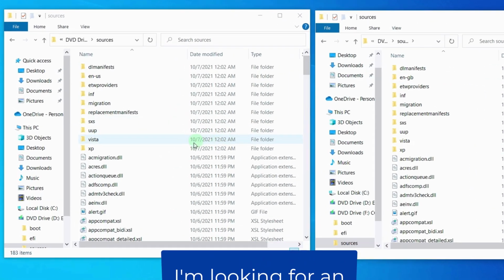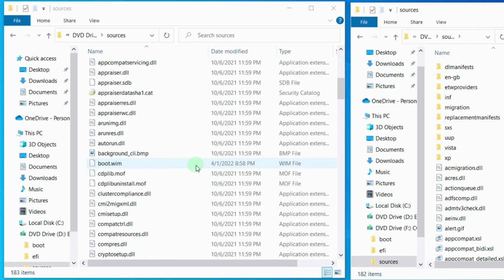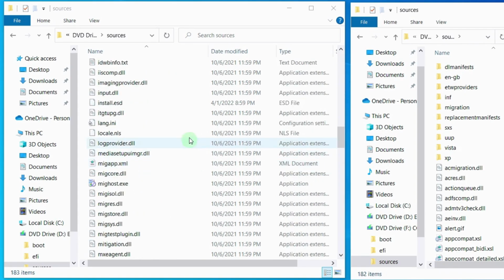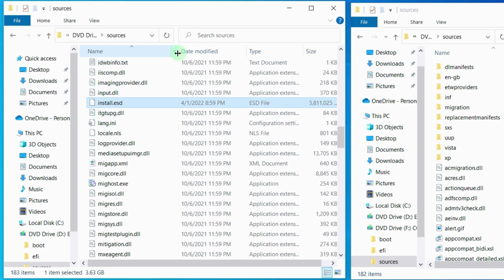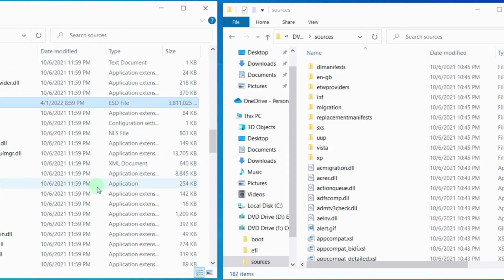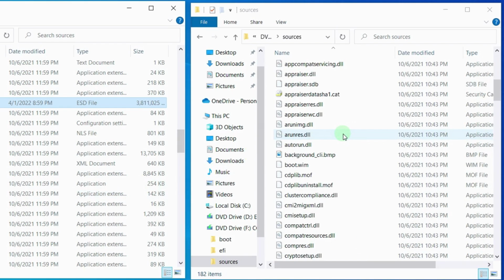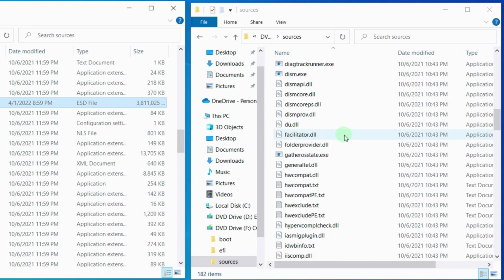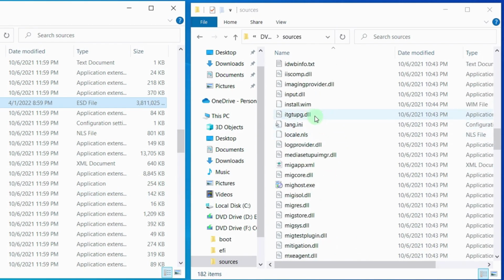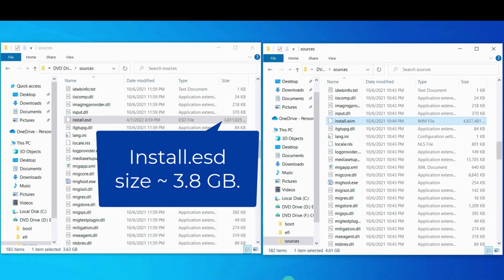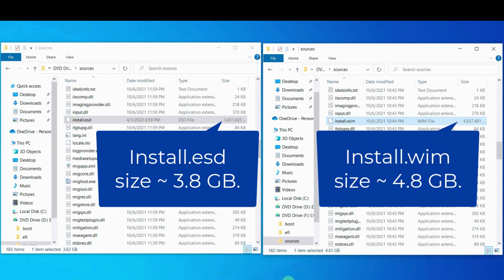I find the main install image file here. This ISO was downloaded using the Media Creation Tool, and this one through the browser.